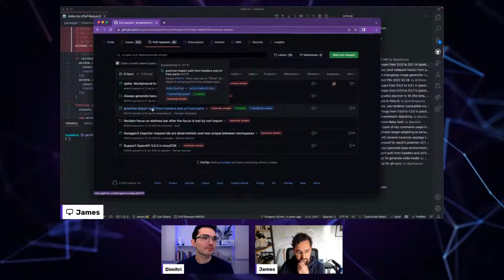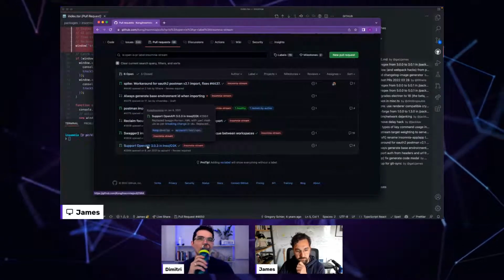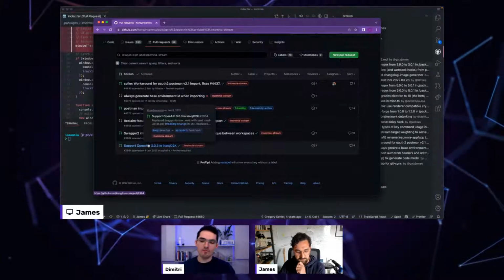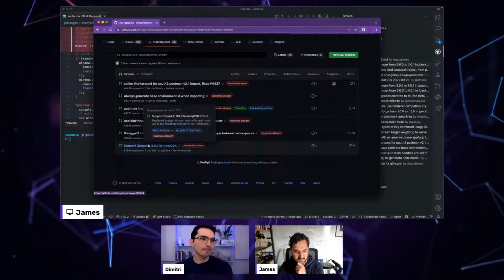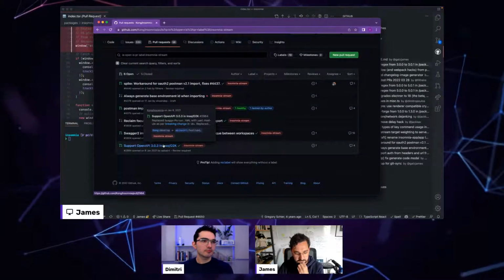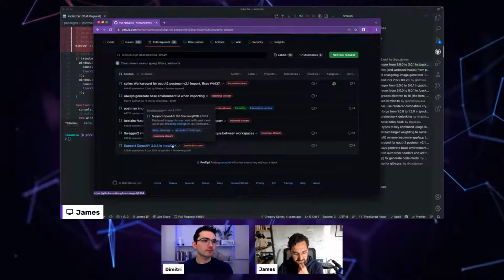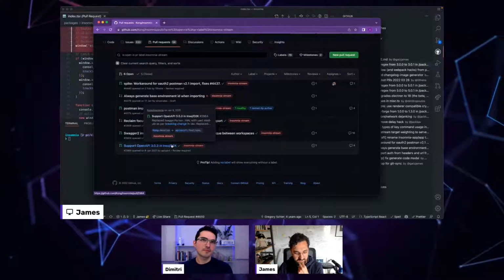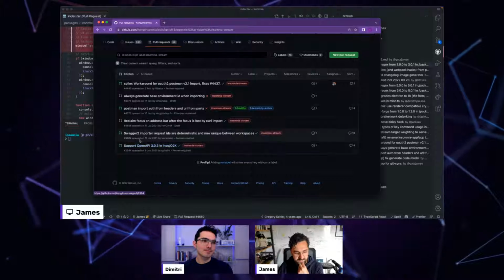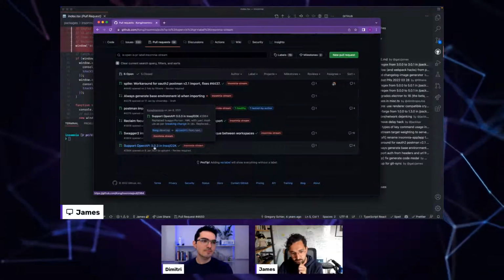From all these, I took a very quick look, and for me, I think the most important one is trying to figure out if we can merge this one, support OpenAPI 3.0.3 in the OpenAPI to Kong. It seems like it's a hard one because there's this expectation from people to also have support for 3.1,